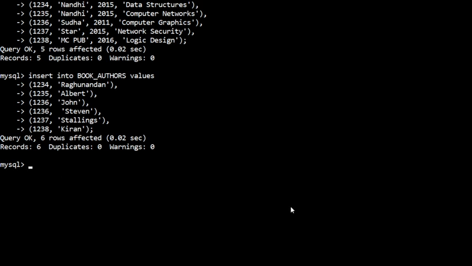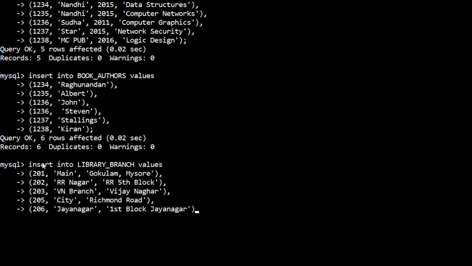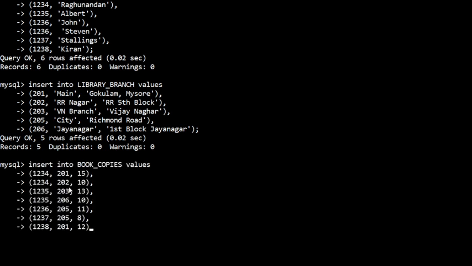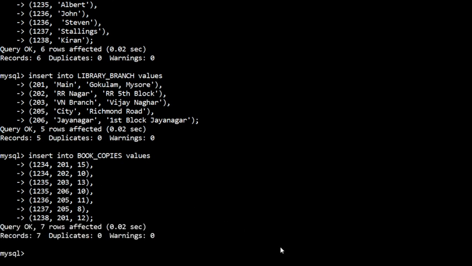Okay, now the next is library branch. I'll add tuples to library branch. And then we have book copies table. Then we have book lending.